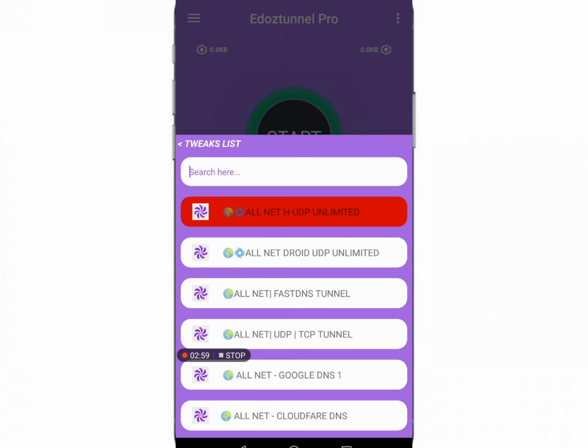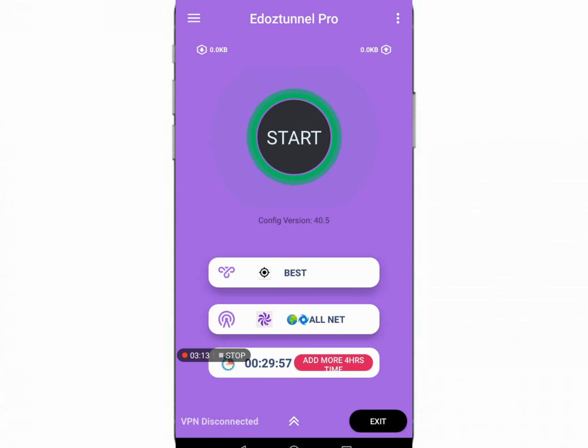I want to talk something. Dear viewers, we recommend you to use a server from your country if it works, but if it doesn't, choose this one, because this one will be working. Then connect,